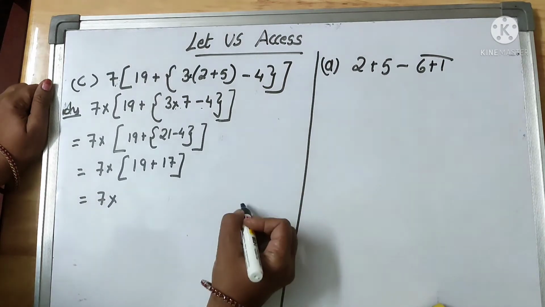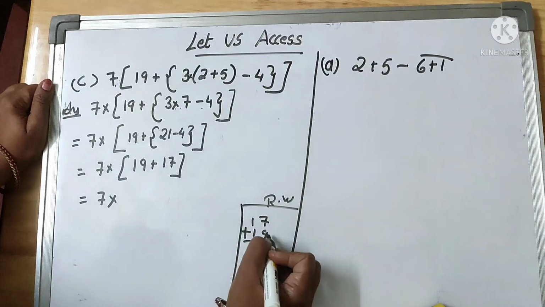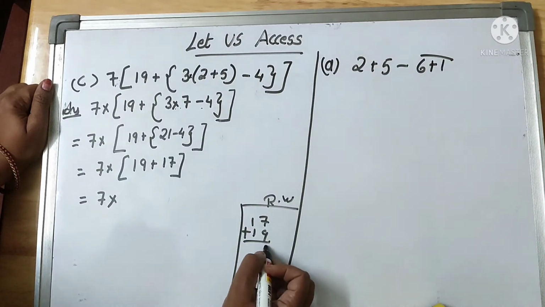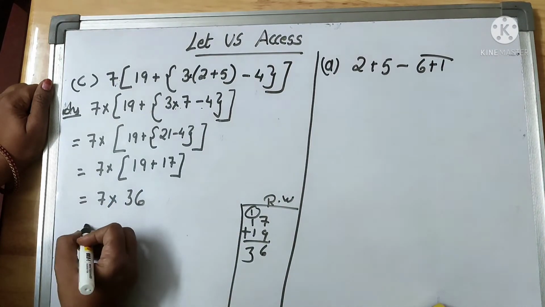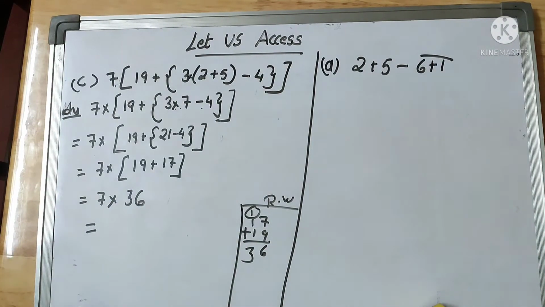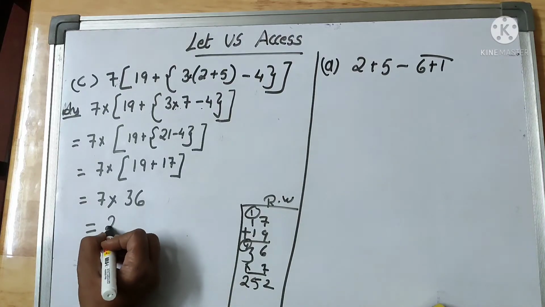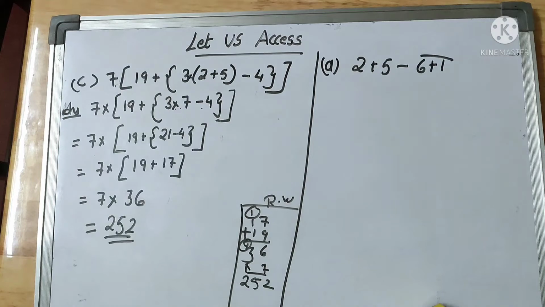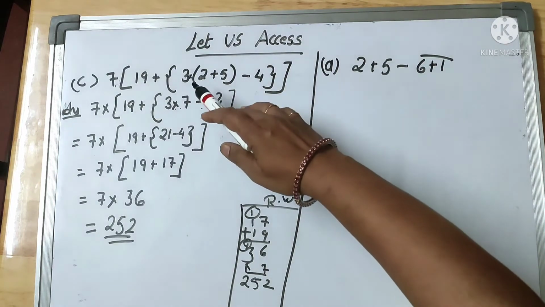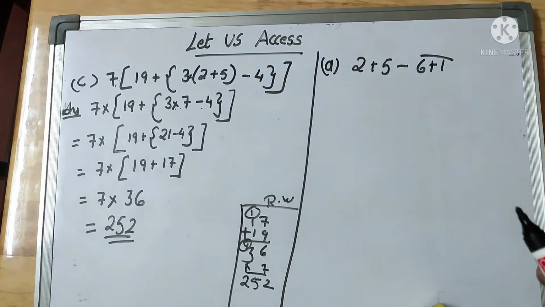Now 7 into 19 plus 17. In the rough column you can do 17 plus 19. 7 plus 9 is equal to 16 and it comes out to be 36. 7 into 36, how much will it be equal to? So multiply by 7. 7 6s are 42. 7 3s are 21 plus 4 is 25. The answer comes out to be 252. In this way we evaluate. If no sign is there and a number and then a round bracket or any bracket started, that means it is multiplication.